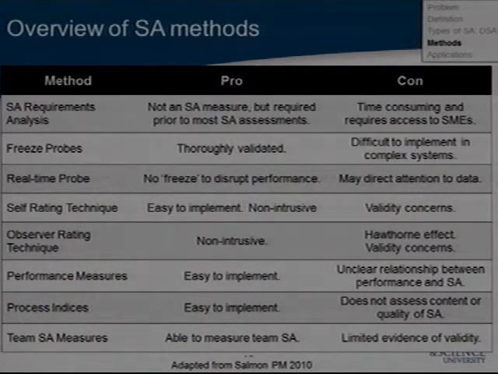In freeze probes, you put the subject in a high fidelity simulation. You have them perform some task, and at random points in the simulation, you freeze the simulation and ask them basic questions, like what are you aware of? In the pilot's case, it's like how many enemy aircraft are there? What is the designation of this aircraft? And so on. This method is used by a couple of different researchers, but I think Endsley made it most famous in her SAGAT measure.